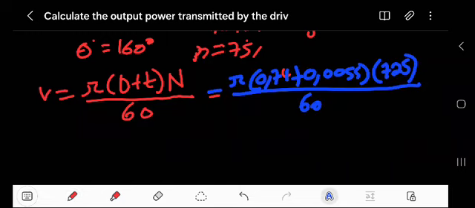If you punch that on your calculator, therefore the velocity